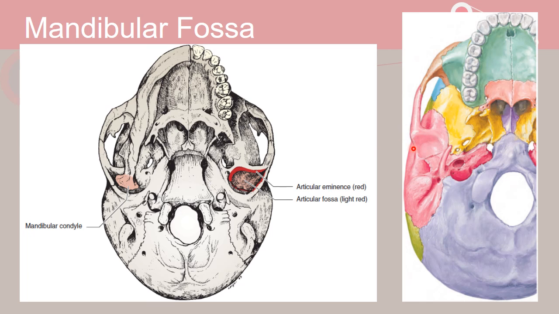This is another image showing the mandibular fossa. The other half of the mandible here is retained to show the relationship of the mandibular condyle to the mandibular fossa. The glenoid fossa, the mandibular fossa, or the articular fossa is an oval or oblong depression in the temporal bone found immediately anterior to the auditory canal. This is the auditory canal. So the mandibular fossa is found anterior to the